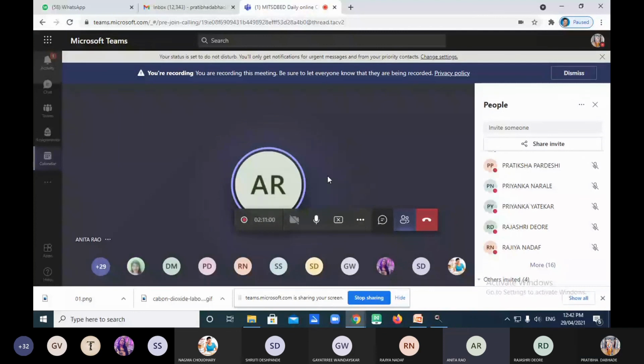Yes, please continue. Then the organization and diagram: the procedure was stated very clearly before the experiment started, when the observer should observe and when he should draw the conclusion. That was also very clearly stated. The apparatus was skillfully handled. Student participation was there, active participation as well as verbal participation, both were there. Opportunity for observation: students were asked to observe at each and every stage what is happening, and the conclusion of the experiment was also drawn at the end.